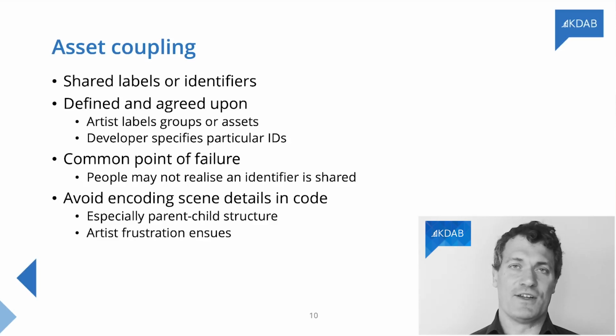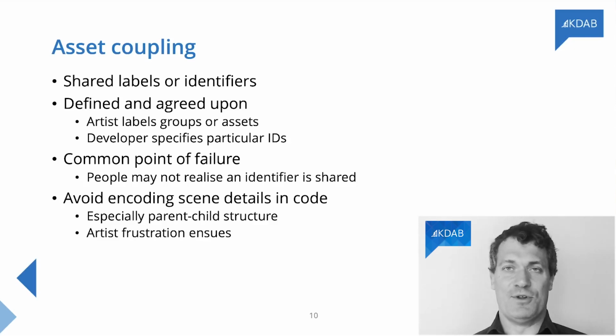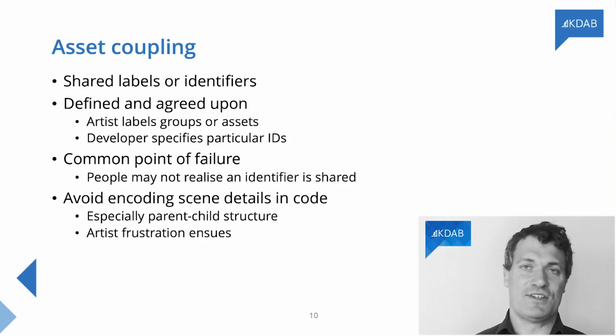This ends up being some kind of shared label identifier scheme where particular assets have a unique ID or a name or a file path, and in one direction need to be standardized, looked up. Typically this means, for example, if you think about a toaster, there might be standard parts for the button of the toaster, for the switches on the side, for the bread that pops up. So programmatically we can maybe add and remove pieces of bread or simulate the button being pressed. So we need to have some standard IDs we can find in this complete scene of a toaster